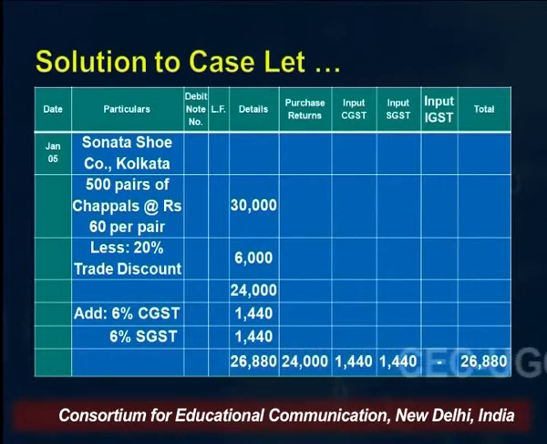So it means you have availed the discount in the past, right? And now you are returning. So of course we will first adjust the discount. Out of 30,000 we will subtract the discount of 6,000, and thereafter we will calculate 6%, which comes out to be 1,440 CGST, which is input CGST, and the same amount, 6%, of SGST, which is again input SGST. Nothing will be put in the input IGST, right? Interstate goods and service tax. It will be vacant, it will be blank, and the last column has the total amount of the transaction, right?